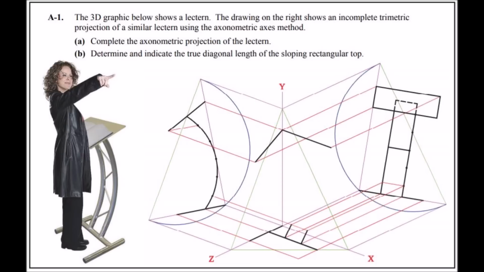Now, it doesn't seem likely, but I remember I did say before that in Section B, axiometric came up 2 years in a row. I was very surprised. I said, there's no way it's going to come up again. And of course, it came up again in the third year. So in 2013, 14, and 15, axiometric came up as a long question in Section B. So that came up 3 years in a row. So what's the chance they'll do an axiometric short question 3 years in a row? Again, your guess might be as good as mine on that.